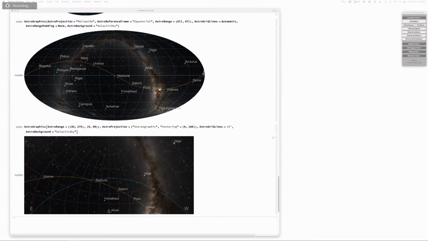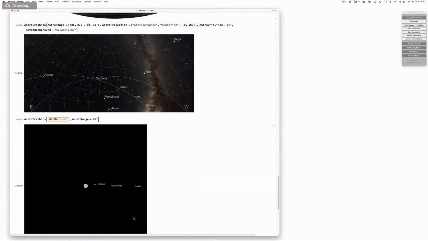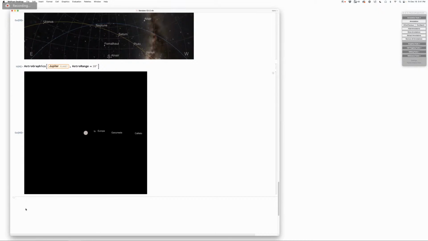Okay, so we can zoom in, for example, here, let's take an astral range of 10 minutes of arc on Jupiter. Oh, look at that configuration. We've got the moons of Jupiter lined up, Io, Europa, Ganymede, Callisto, all lined up on one side of Jupiter at the present time. Well, of course, we have to say, let's look at the classic, and let's look back